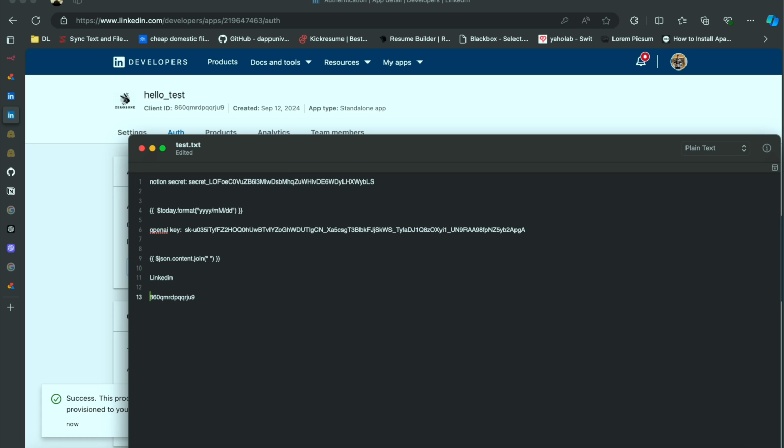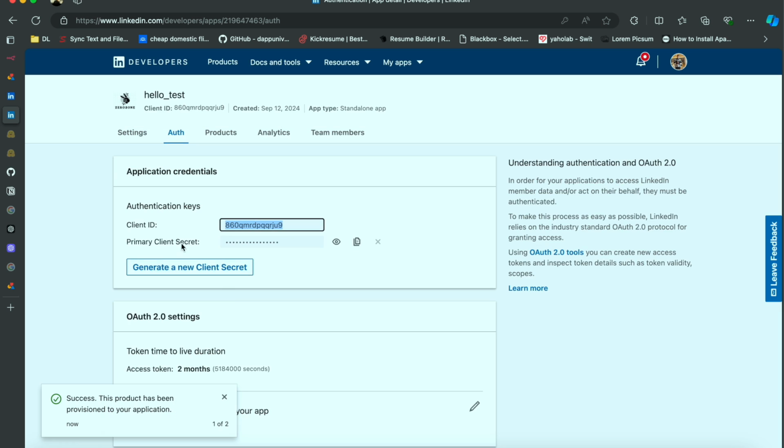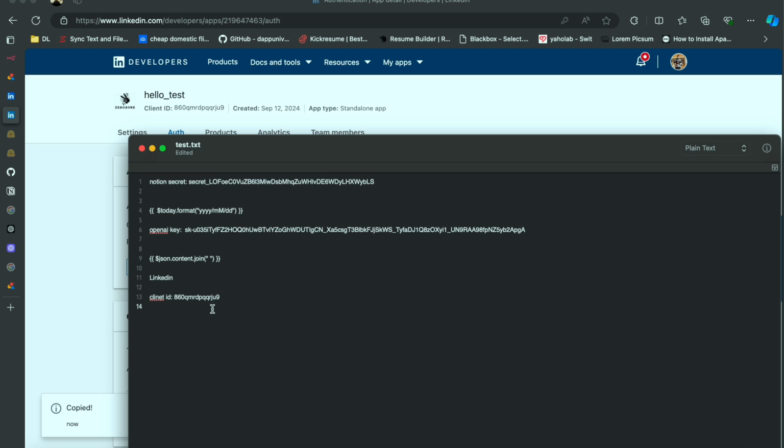We call it client ID, and I would choose now the primary secret key. I'll make it visible, and then the primary secret key, and then this. Perfect. Now go back